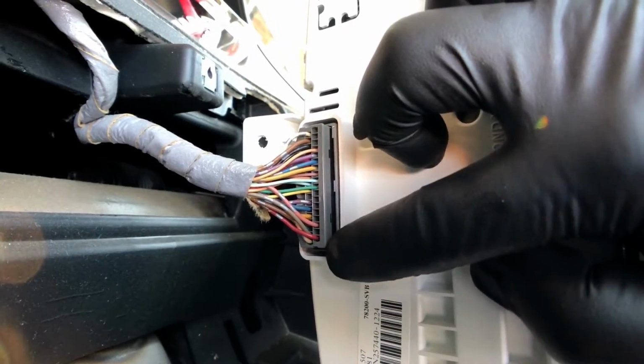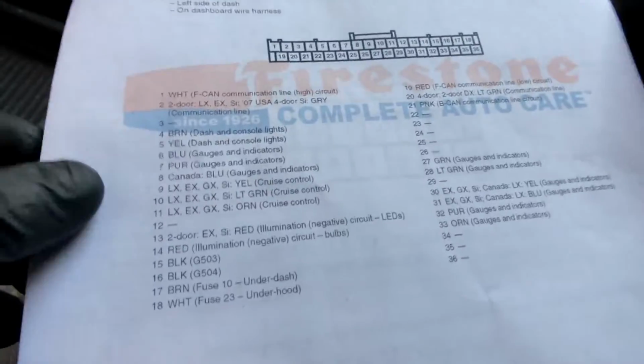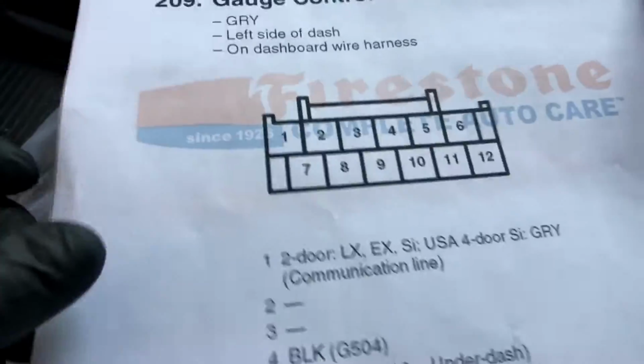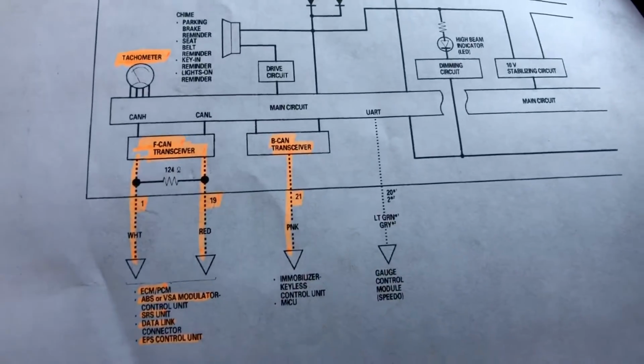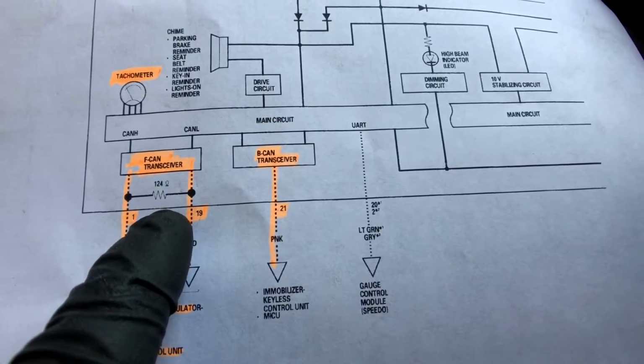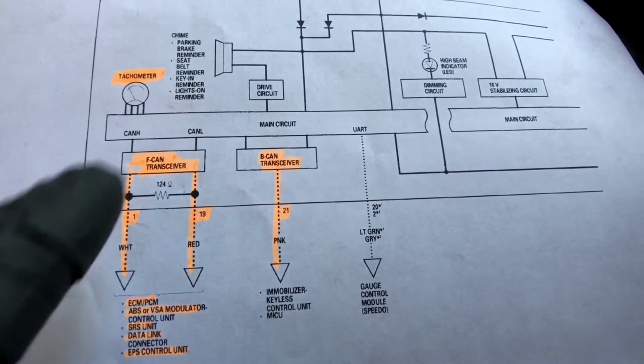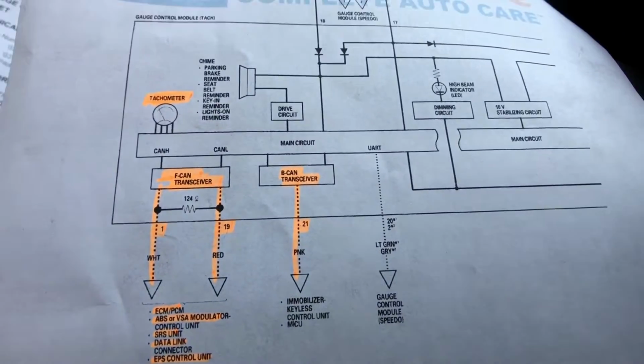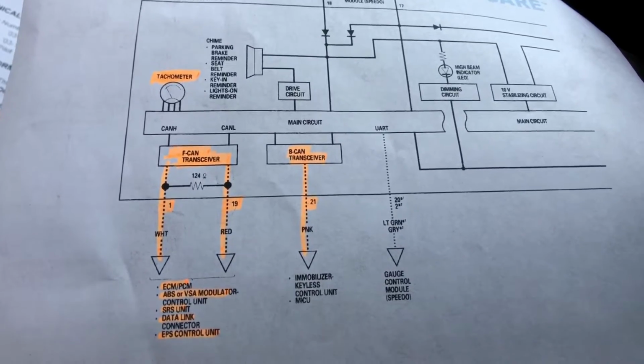and go across those 2 terminals, and I should be seeing, according to the diagram, I mean, I've never done this communication stuff before, but according to this diagram, I should be looking at 124 ohms, because there's a resistor going across those two wires. So let me go ahead and back probe that for you, and then we're gonna take a look at our